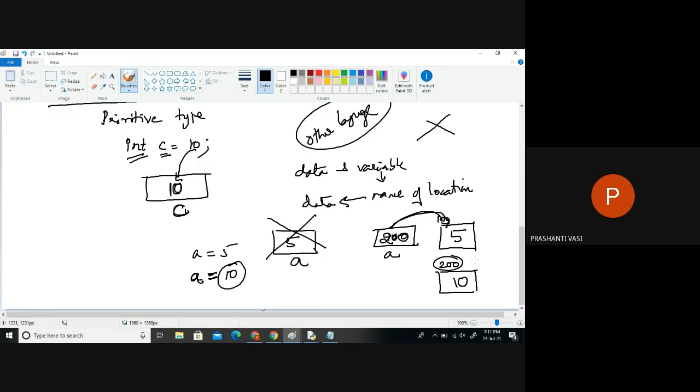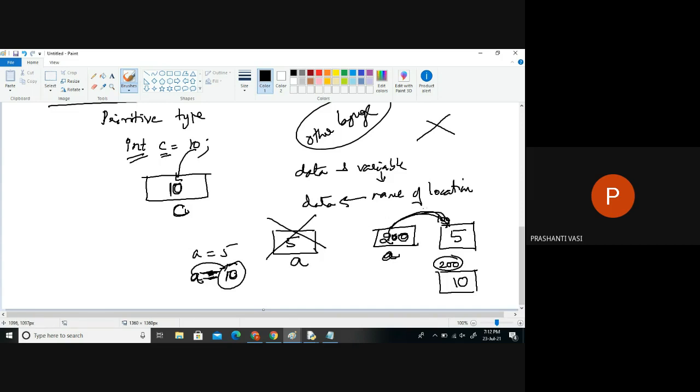Is it pointing to 5? Is it now pointing to 10, or can it point to both? I think it will point to both. Maybe like an option, it will give us an option like this or this. Okay. If you have a house, will we have two numbers or one number? One number. So this is a variable, it should hold somebody's address. It will only hold one person's address. Initially it was holding 5's address, but now when you said A is equal to 10, that means you have changed A's pointer to 10's address. Now A is holding 10's address.